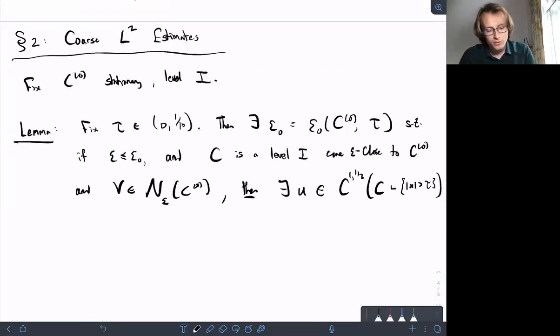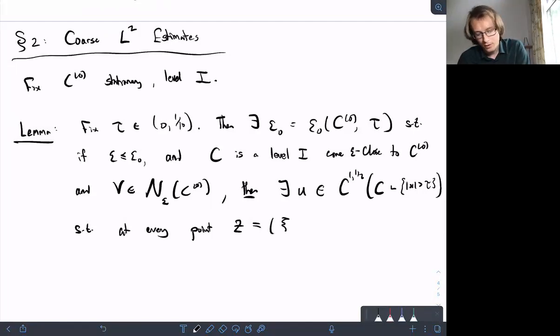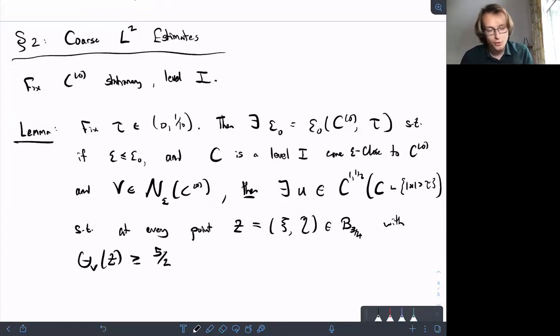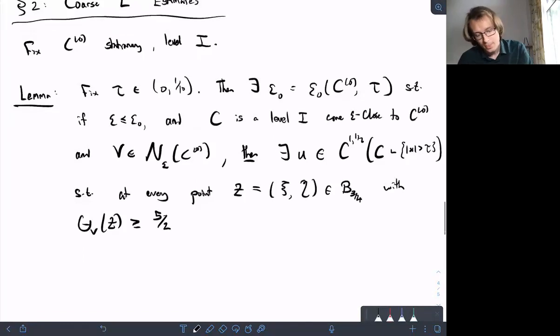So there's a U such that at every point Z of the form chi eta in the ball of radius 3/4 with density of Z of phi at Z to be at least 5 halves, i.e. density of the cone at the origin. Then,